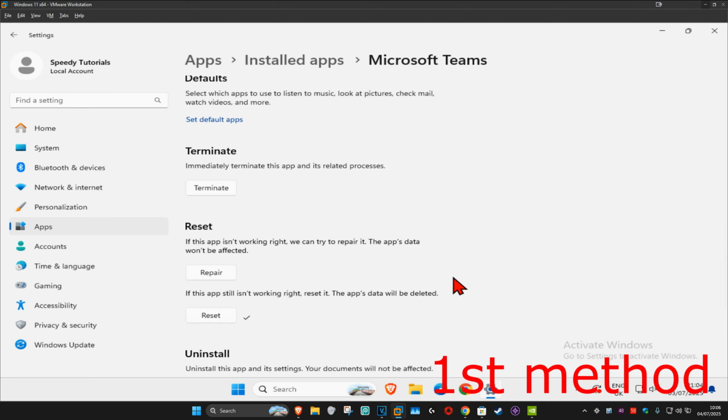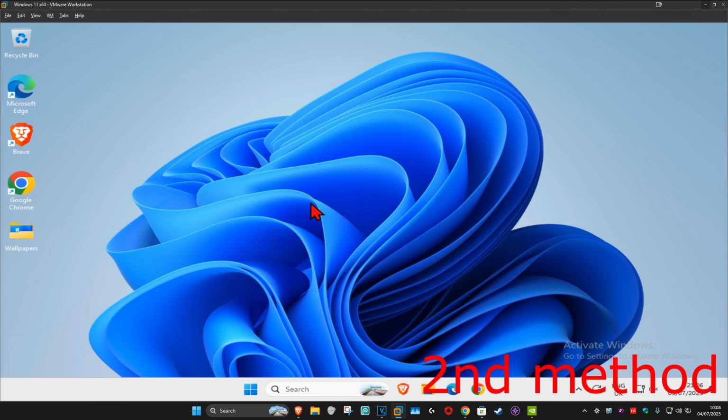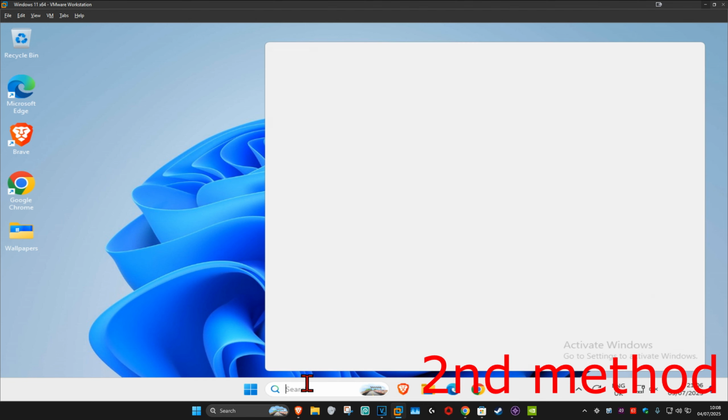And now once that's been done, it's going to sign you out of Microsoft Teams. Then you just want to sign back in again. See if that works for you. If that's still not working, then for the second method, you want to head over to search and type in